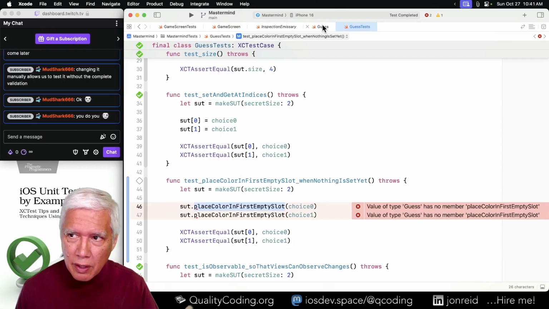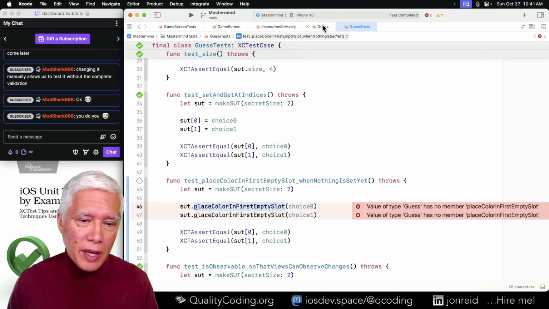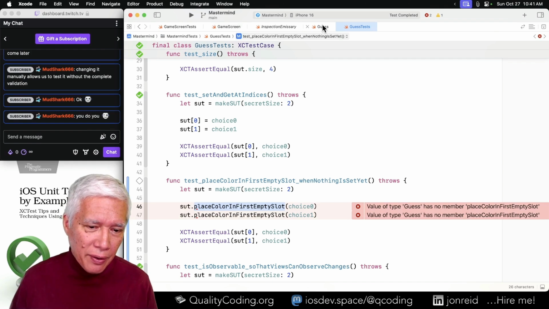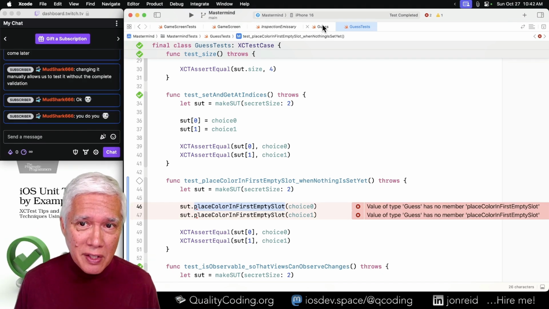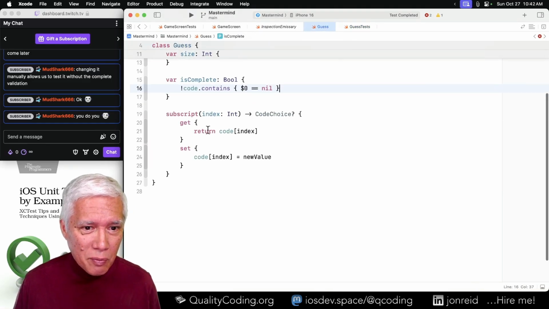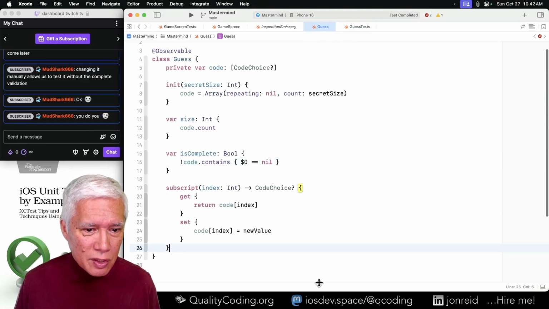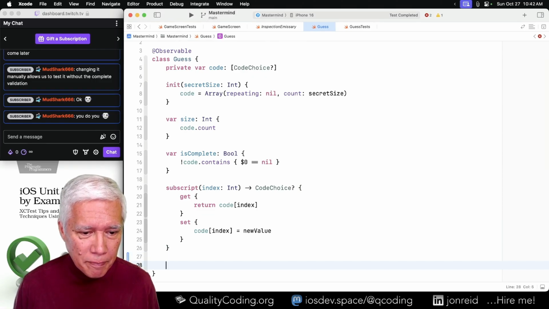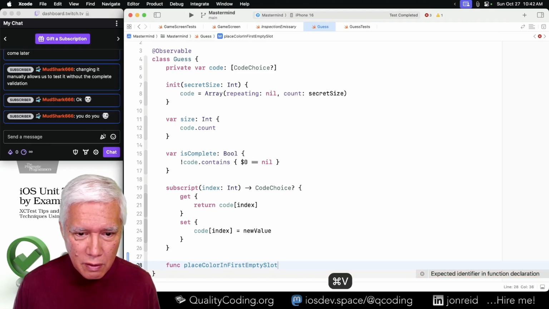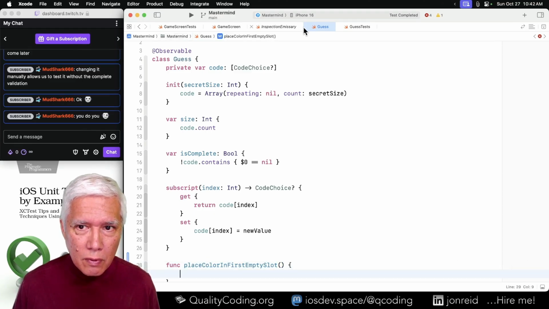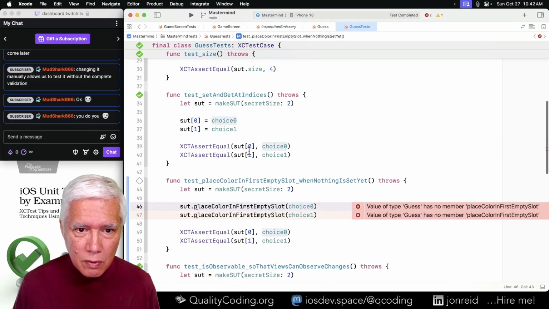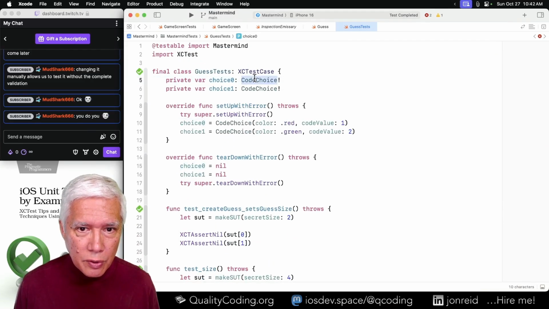So right now in TDD, we are red because it doesn't compile, but it's not red with the test failing, because the test can't run yet. But it drives us to create a new method. This is framing. This will be what goes in here. It is a code choice.